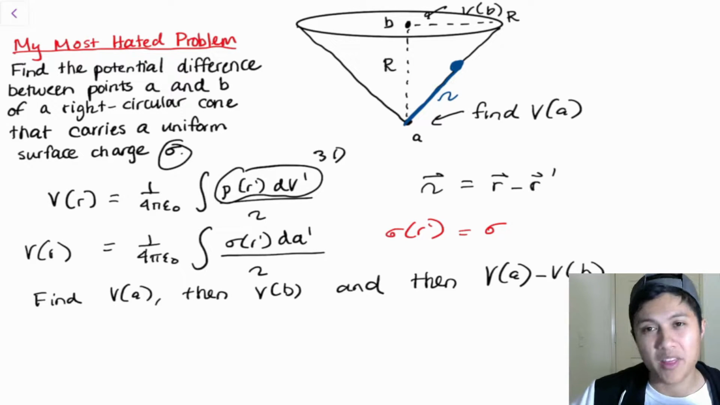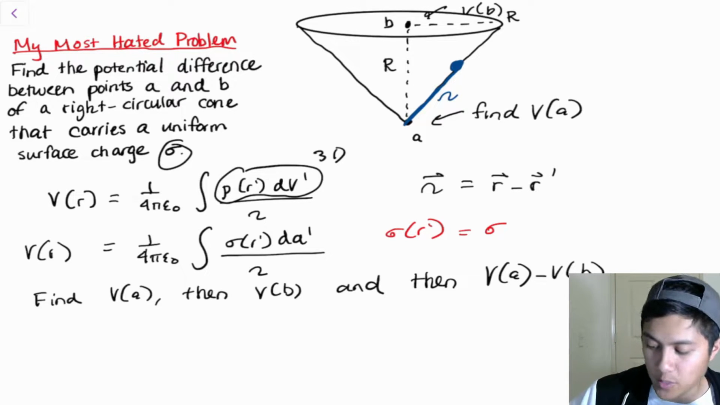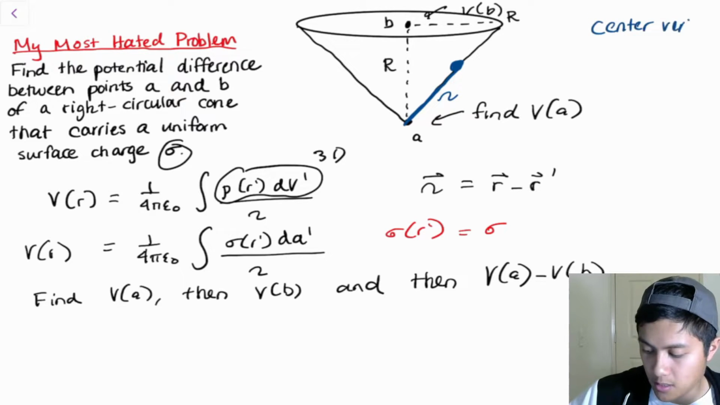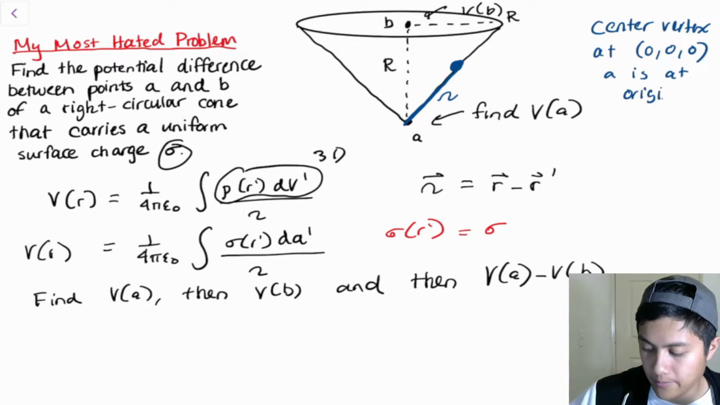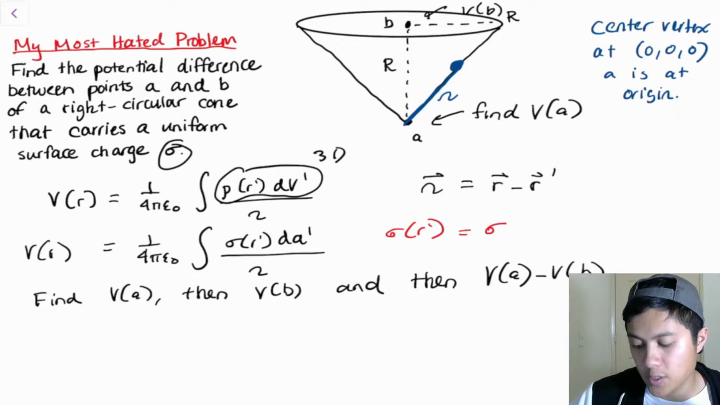Okay, one way to think about it to make it easier for us, let's just imagine we center the cone. So center the center vertex at 0, 0, 0. So essentially A is at the origin. So A is at origin. Okay, so this is going to be my script R. So the source point is right here, the field point is at A, and this is the distance between those